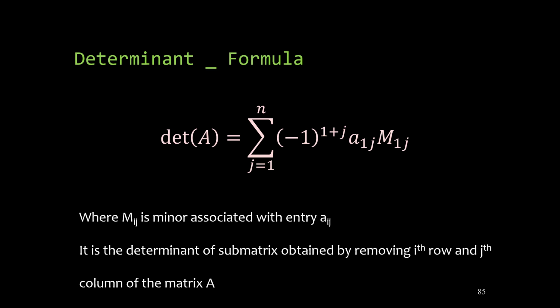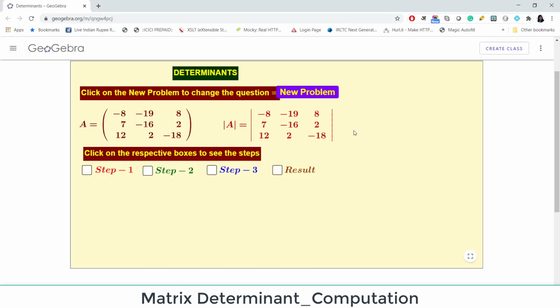And let me show you one more thing. You have many such applets where you can practice if you really want to practice how to compute the determinant manually. If you don't want to, you need to wait for my second video where I'll be discussing its geometrical interpretation. Right? So here you see this is a problem. You can click here to get a new problem, whatever you want to do. Suppose this is a new problem. For this particular problem, this is the matrix and this would be the determinant.